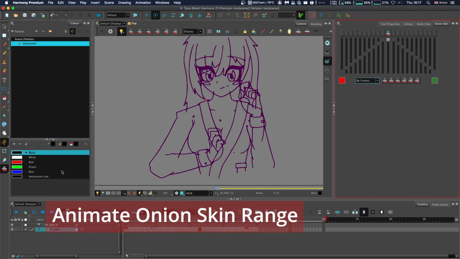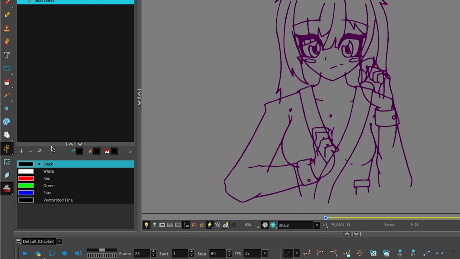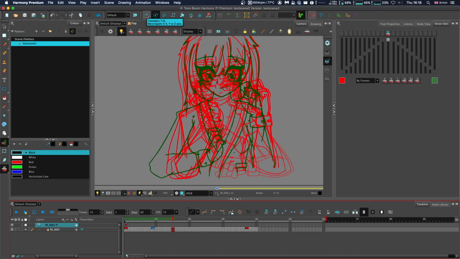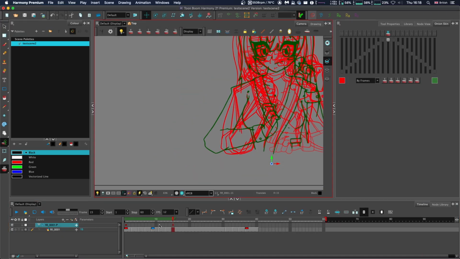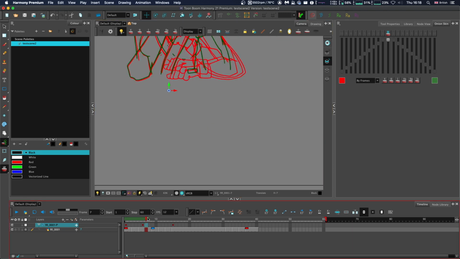We can also edit multiple frames via the onion skin options. There's a few options here. The animate current frame button is specifically in regards to the transform tool. If we hold this down and change it to animate onion skin range, it will apply any changes to that entire region. If you have no keyframes there already, it will create keyframes at the start and end. If you have keyframes there already, it will keep the keyframes in place and adjust the transform as required.